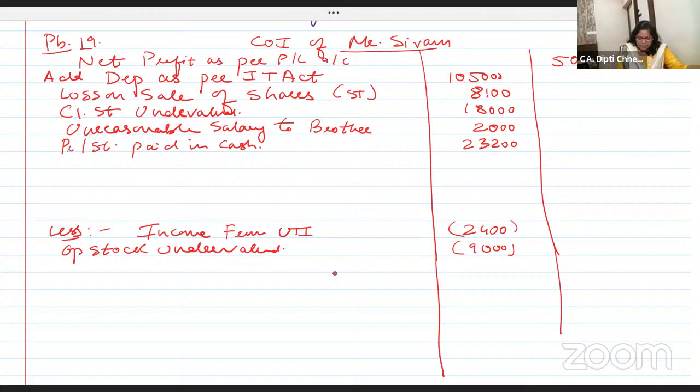ठीक है? प्रिंटिंग एंड स्टेशनरी 10,000 के ऊपर आपने कैश में पे किए, नहीं करना था. यू हैव टू पे बाय अकाउंट पे, मोड, आरटीजीएस, नेफ्ट. मैम 10,000 तक तो अलाउ करो, नहीं मिलता ना. नेक्स्ट. सो दिस इज अबाउट द थर्ड एडजस्टमेंट. Now depreciation provided in the P&L account was based on the following information, but it was not correct.